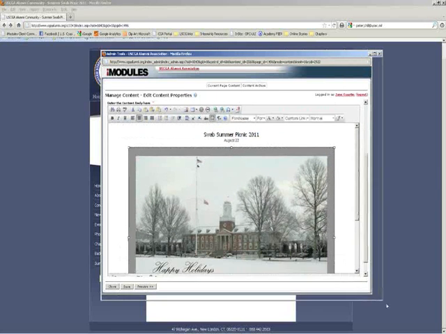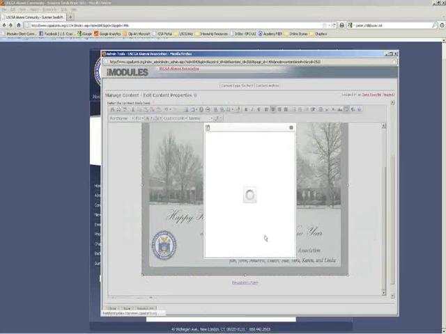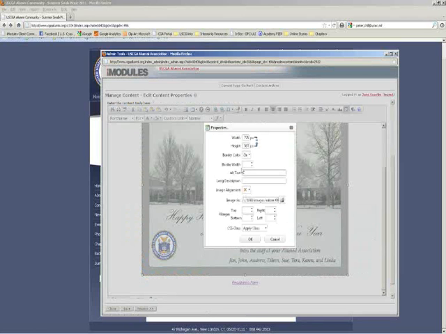All right, so you've uploaded your image, you've dropped it in, and you're looking at it and you say, well, it's a little big for the page, I think it's just too big. If you right-click and select Properties,